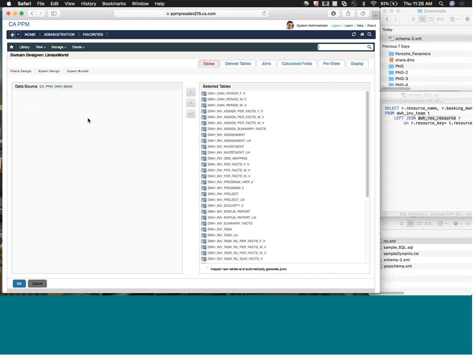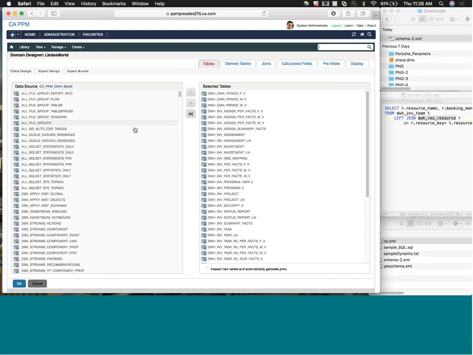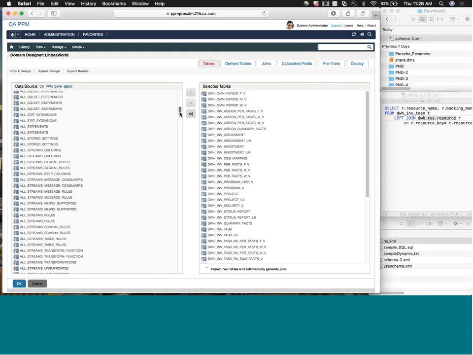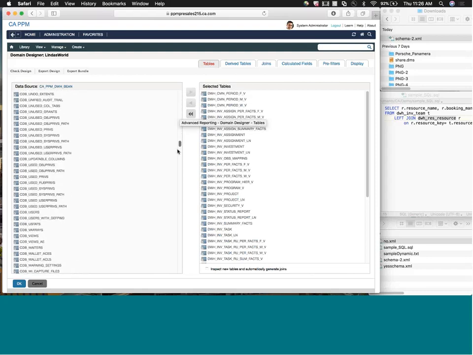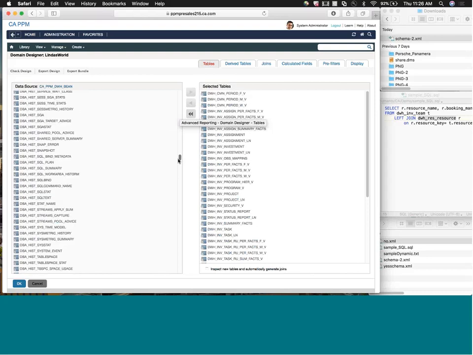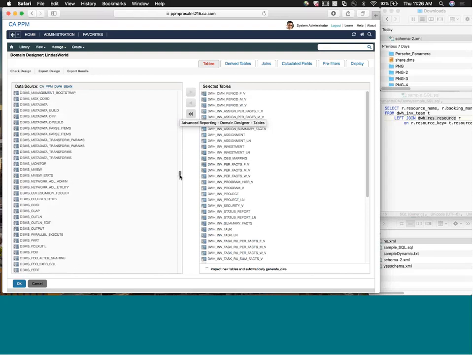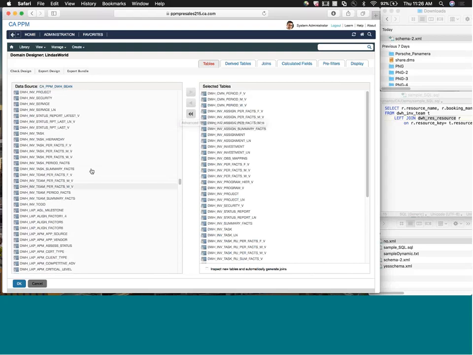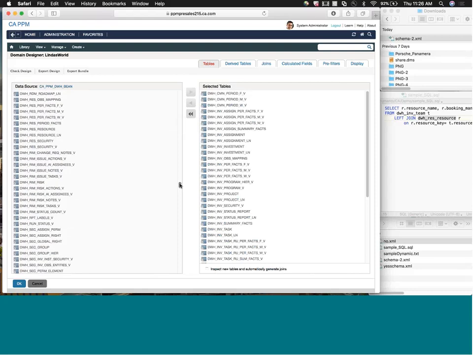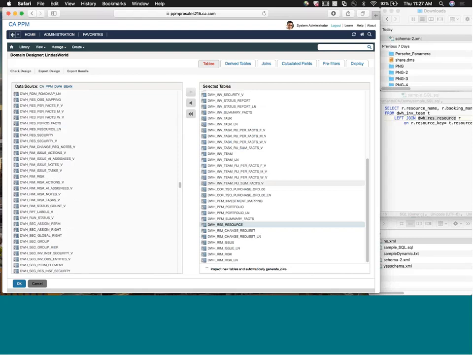And on the Tables tab, on this left side panel, this is where you see all of the tables content, like objects that you have access to, that you can add to your domain design, okay? So we're going to scroll down and get to the resource table, and so I'll select DWH, and so I'm making it very simple. So I'm just simply adding the booking manager from the resource table. So when you select the resource table, you click the right arrow, it will move it over into the selected